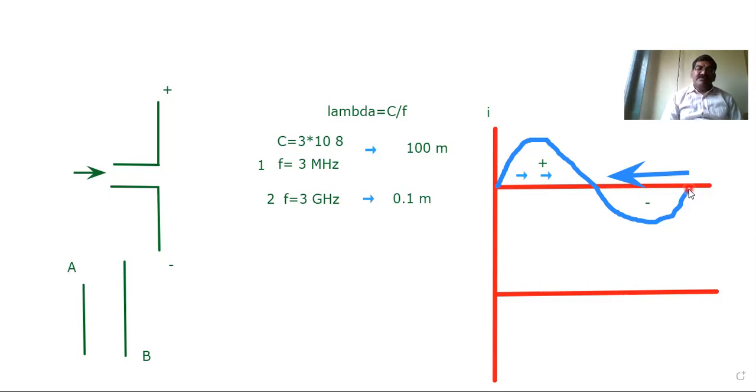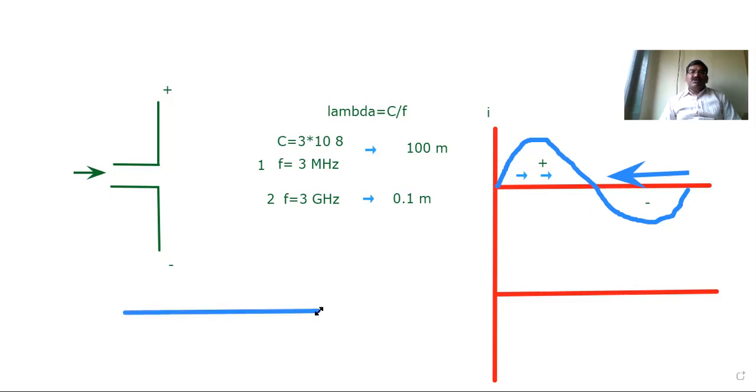Continuously this is happening. So what does it mean? The lambda, what is the significance? This is happening over time. Now what is the significance of the lambda? Okay, so I will take it here somewhere. Suppose this is a wire, any conductor, don't consider an antenna, consider the conductor.